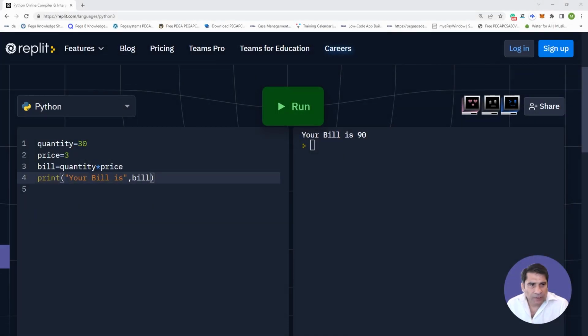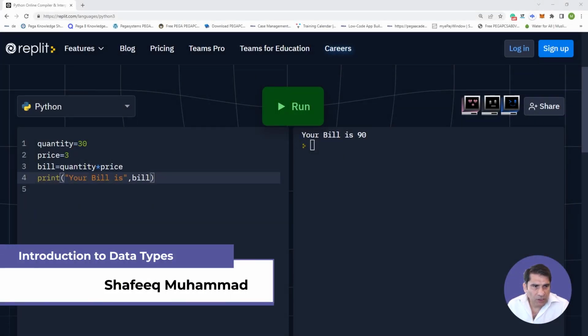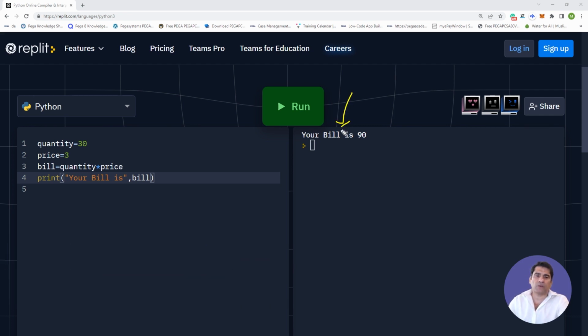We created this program which was printing your bill is and whatever your bill is. But my friends, when we go to actual shops and they give us the printed bill, it is not like that. It should give us the name of the product that we have bought, for example 7up. What was the quantity? So it should print the quantity we bought